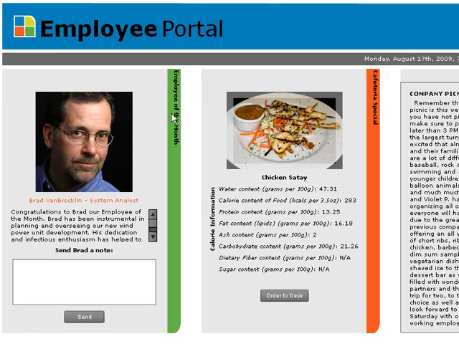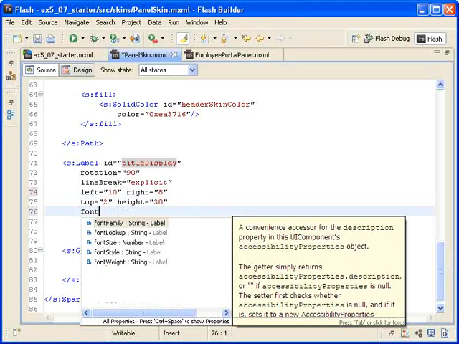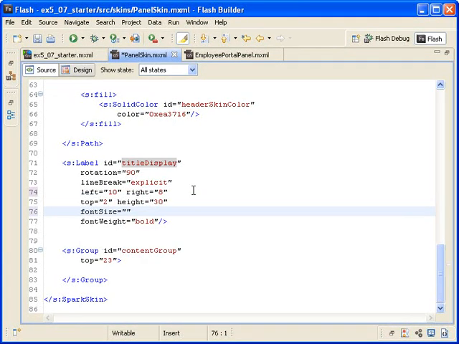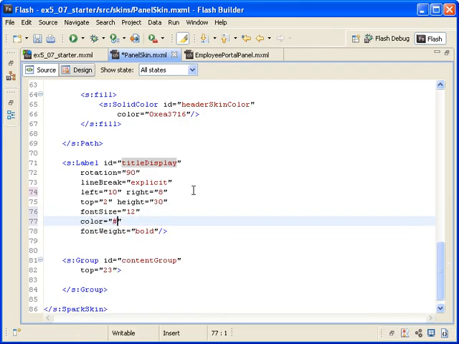I also want to make the font bigger and white. Back in the code, I am changing the right property to 8 pixels to push the text a little further from the right edge. I'm also adding a font size property with the value of 12 and a color property with the value of white, #FFFFFF. When I save the file and run the application,